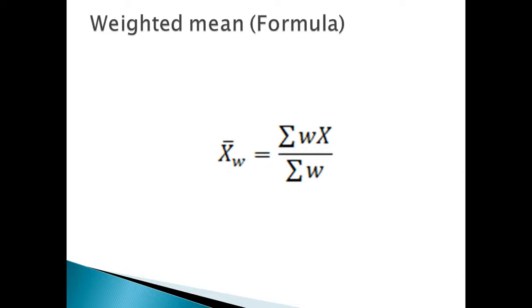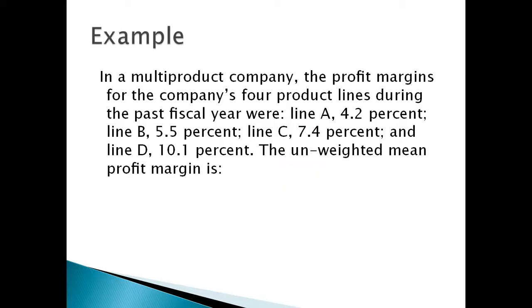That is the formula for the weighted mean: you take the summation of the weights times the data collected, and divide by the summation of the weights. Let us look at an example. In my company, the profit margins for the company's 4 product lines during the past fiscal year were: line A 4.2%, line B 5.5%, line C 7.4%, and line D